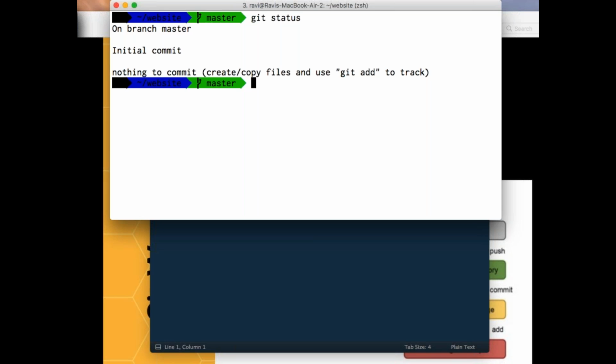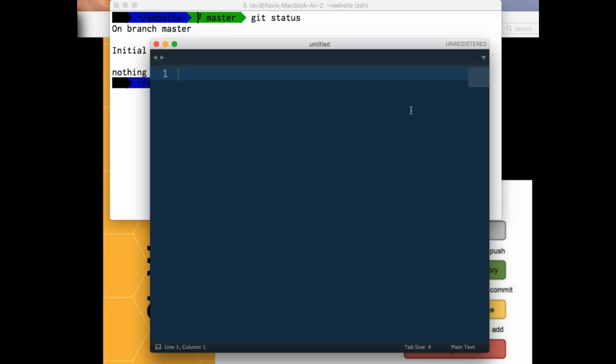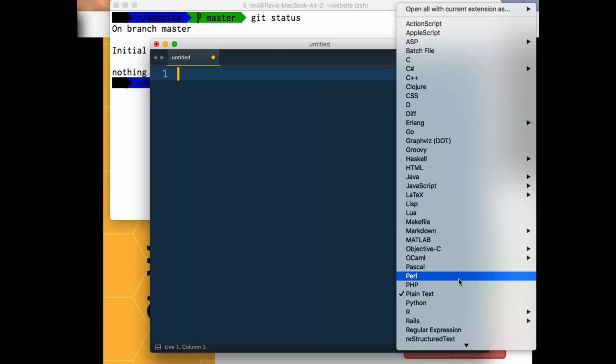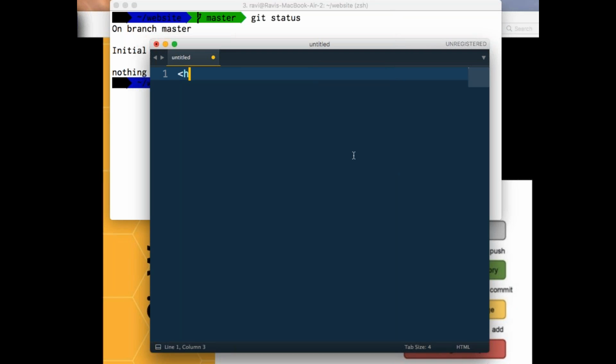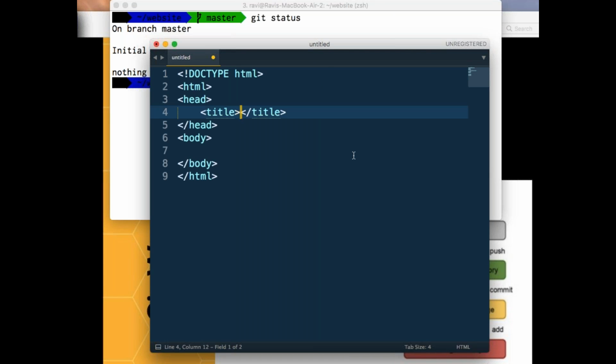Now let me go and create one particular file. I already have this, right? So I'll go here and let me say I want to work with some HTML related data. So this is not plain, it is my HTML, right? And I'll use some HTML tags. Basically I'm creating one specific file with some dummy HTML tags. Now I'll save this file.